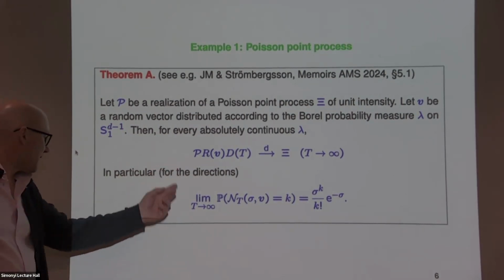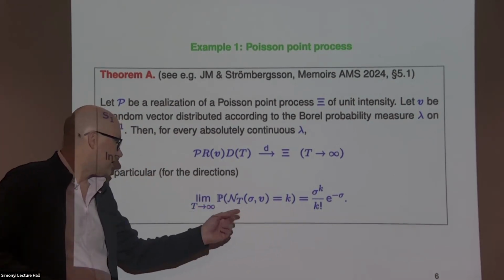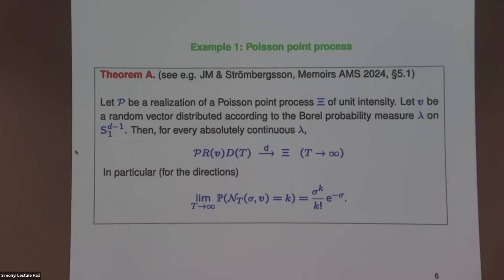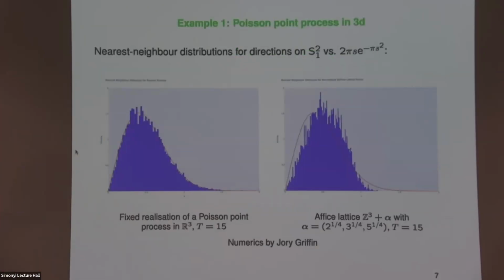And in particular, as a corollary, you get the answer to this question: when your stars are at positions of a Poisson point process, you fix it, you project them onto the unit sphere, and you ask what's the probability of finding k points in this randomly placed disk. It's going to be the Poisson distribution. So no surprise here. And on the left, you'll see a little numerical experiment where this is done. You fix the realization of the Poisson point process. So it's really fixed. Then you do the statistics and you see this curve, and that's the answer you would get for a